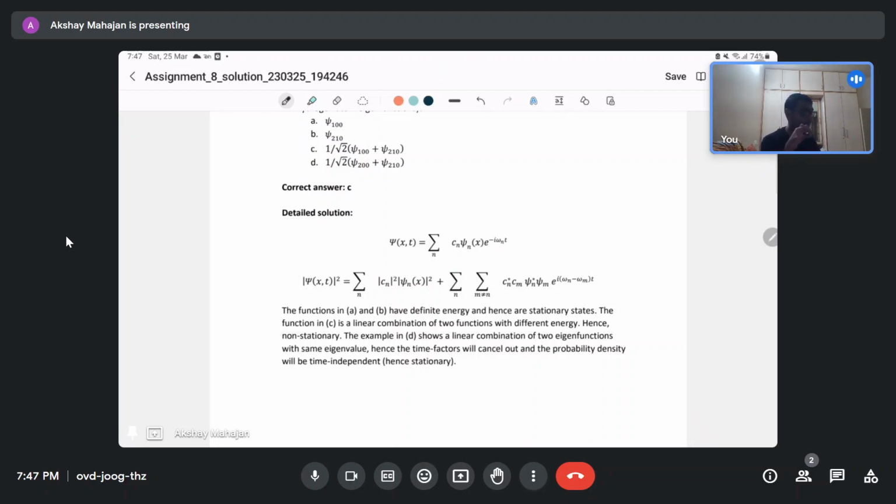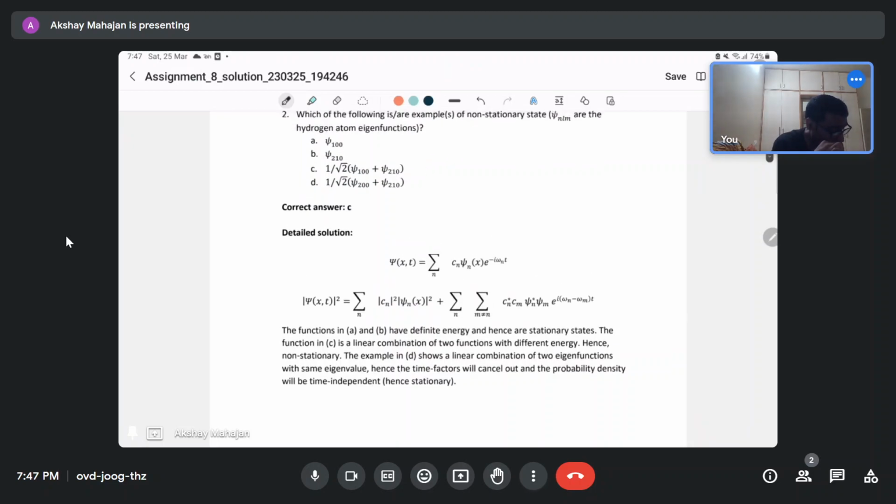So the time dependent wave function is given by this linear combination of psi n x times e to the power minus i omega n t. This we can write, and then the mod square will be given by this, so there will be some time dependence. The functions in A and B have definite energy and